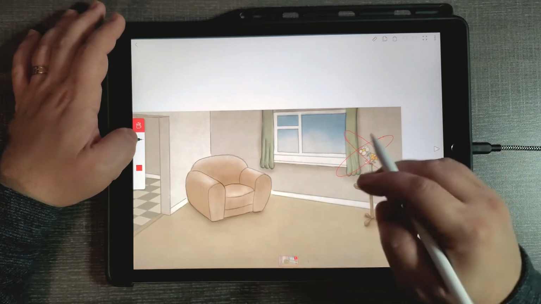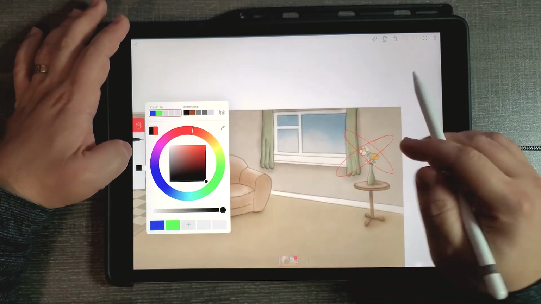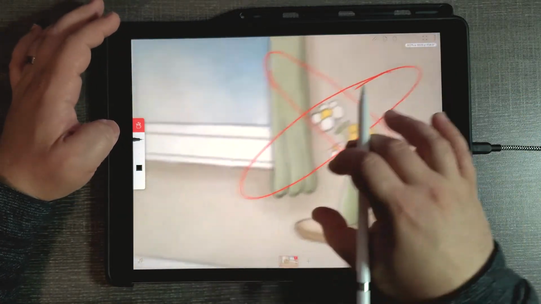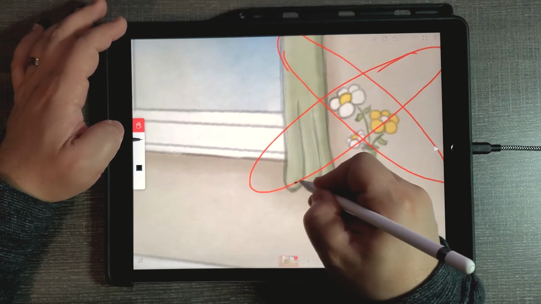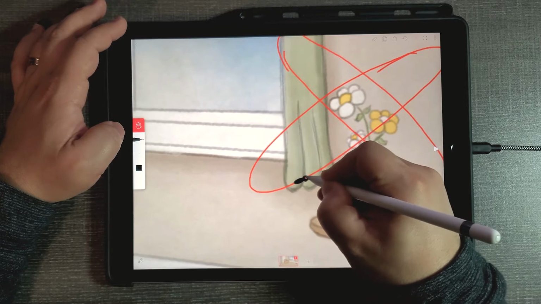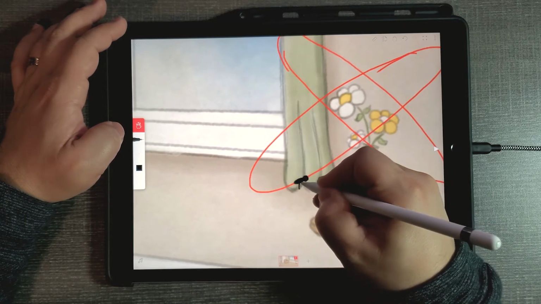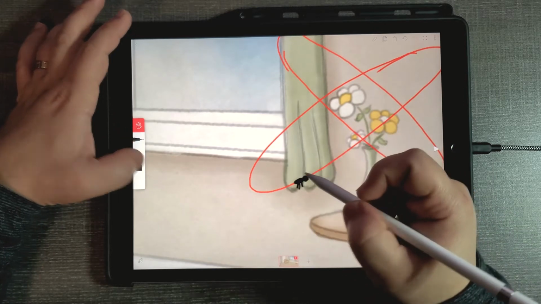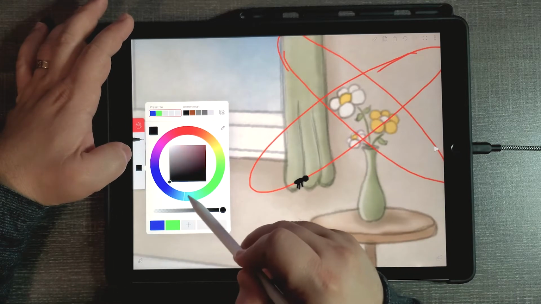So let me do a black color and zoom in and create a bug. Okay, and then